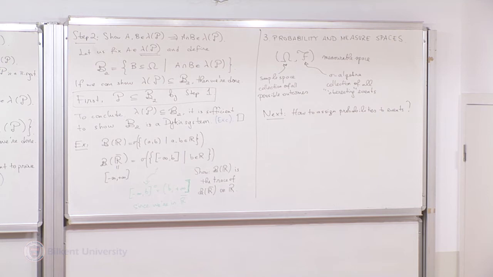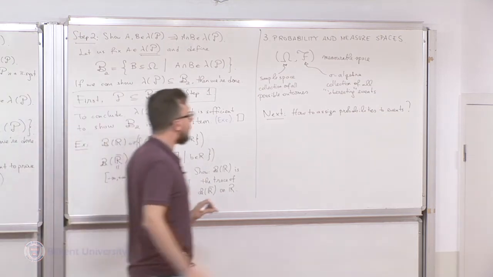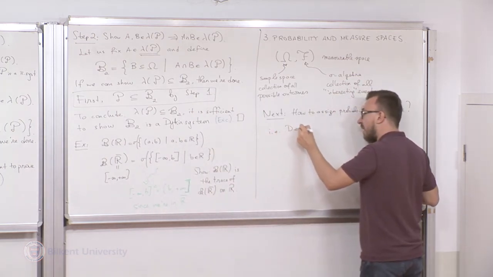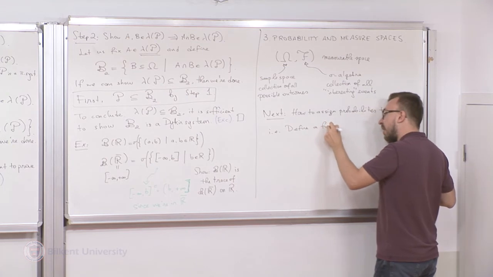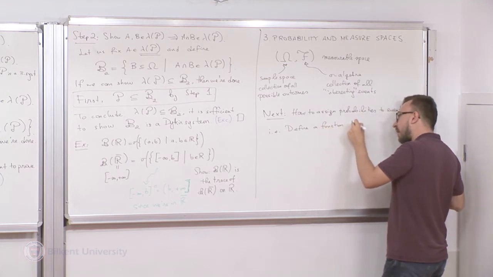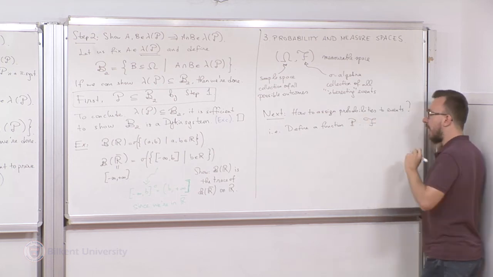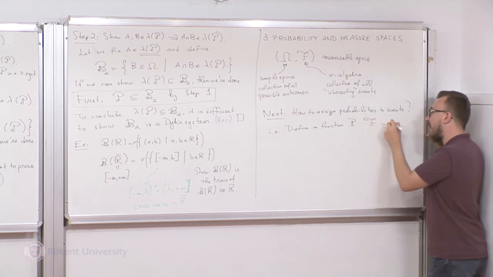And now we have a set of events, our Sigma-Algebra. So now we can talk about probabilities as functions. So define a function. We're going to denote it by script P from the Sigma-Algebra to